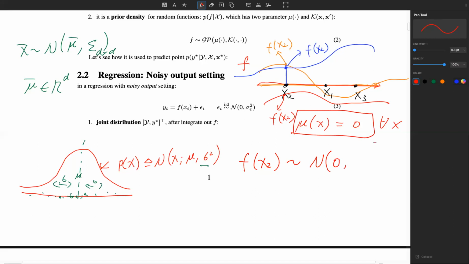And you will have a covariance. And what's that covariance? If anyone knows about Gaussian processes, the covariance will be